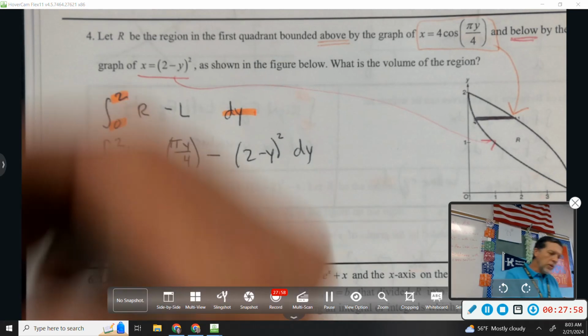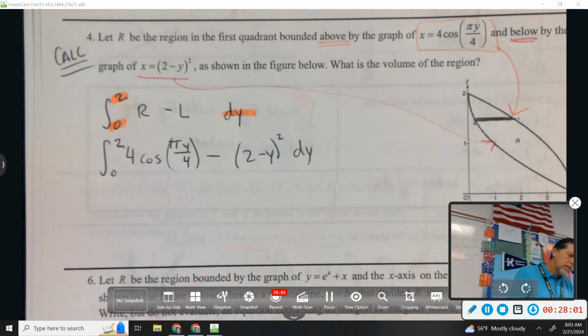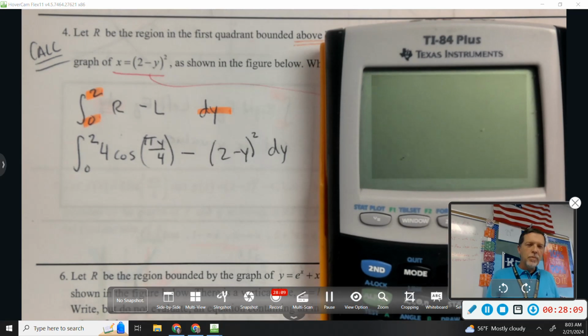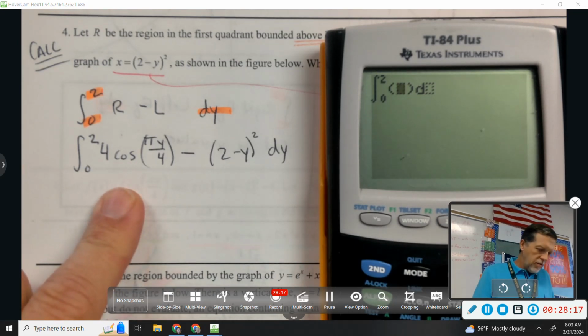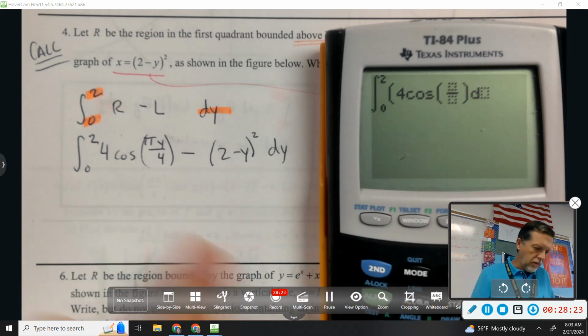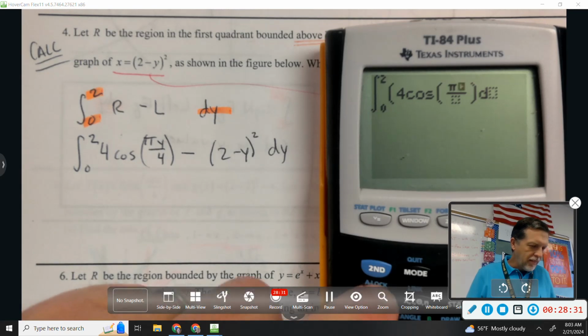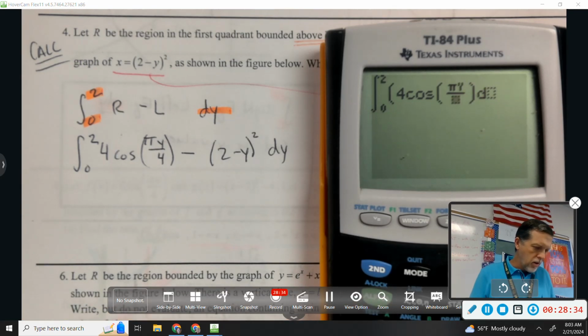And so that looks terrible, but this is a calculator problem, so I can just type it all into my calculator. Now, let's type it in. So math 9, 0 to 2, 4 cosine, I'm going to do the fraction bar here, get really fancy, pi times y. So the y button is down on the bottom left, like second y, pi y over 4, close parentheses,